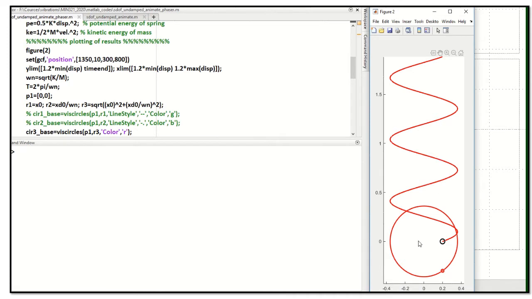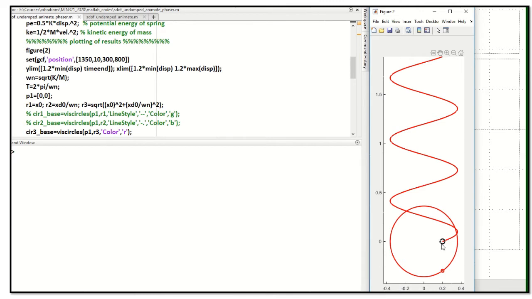Now we'll go back to our old notion where we were assuming that the mass is vibrating in the horizontal direction. Now this is the new figure, which is kind of a rotated version of what we have seen in the last class. This black colored circle is the mass, and this red colored graph that you see over here, on which right now I am moving my mouse, is the same displacement curve which we have seen in the last class. So on the y-axis you have time, rather than having it on the x-axis, and the x-axis is representing the displacement.